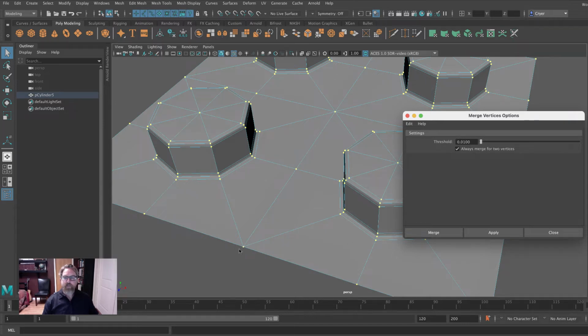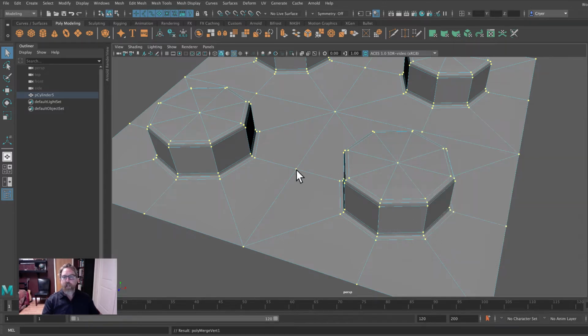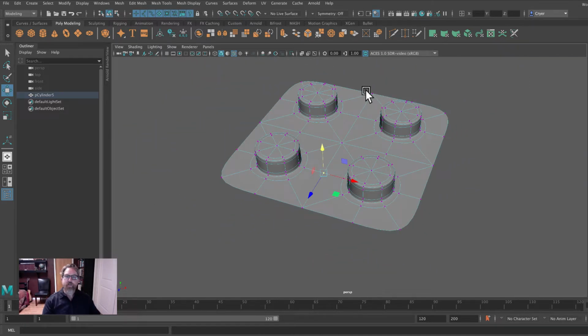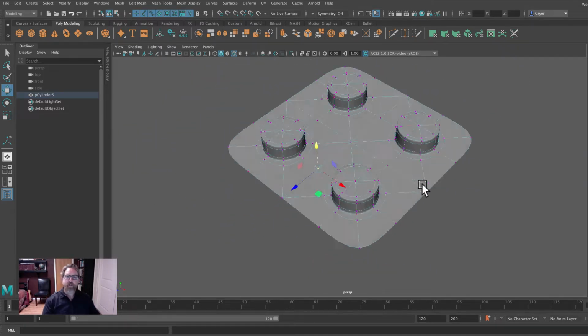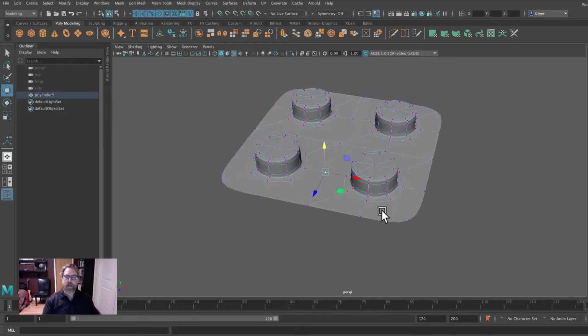So that means that it's essentially only those vertices that are overlapping that will be merged. These that are very close, they won't be. So we'll hit Merge, and you can verify this now. If I come and grab one of these vertices and we pull it, we see those 2 are now singular. If we hit the 3 key, we can see that those overlapping on the borders are now merged, and we're